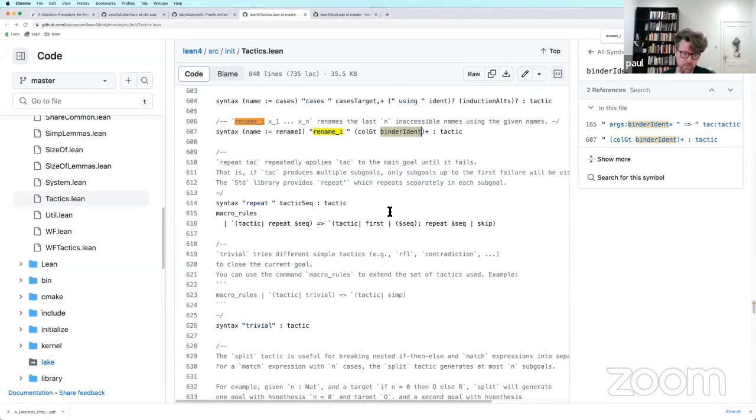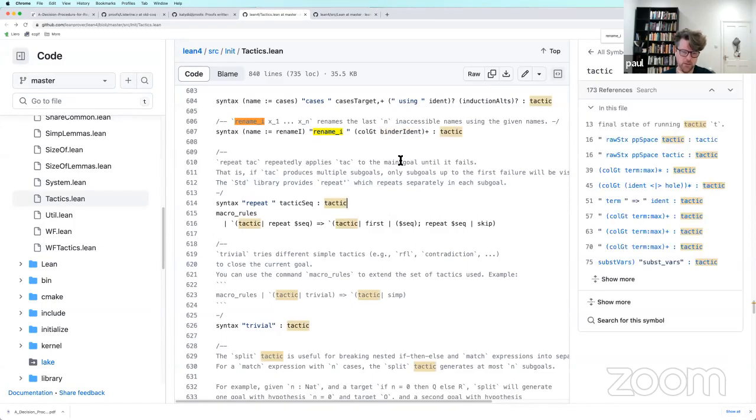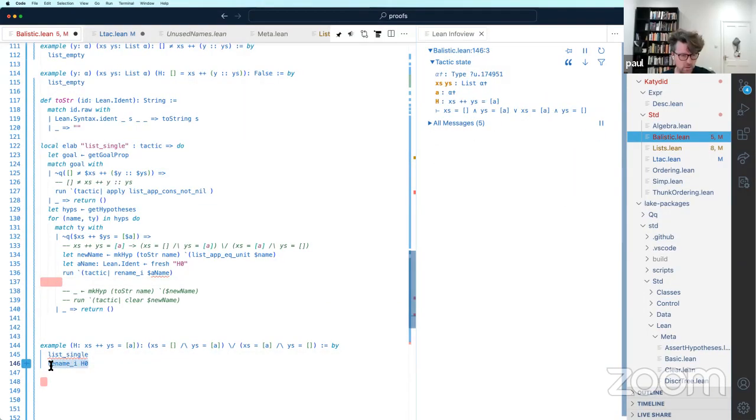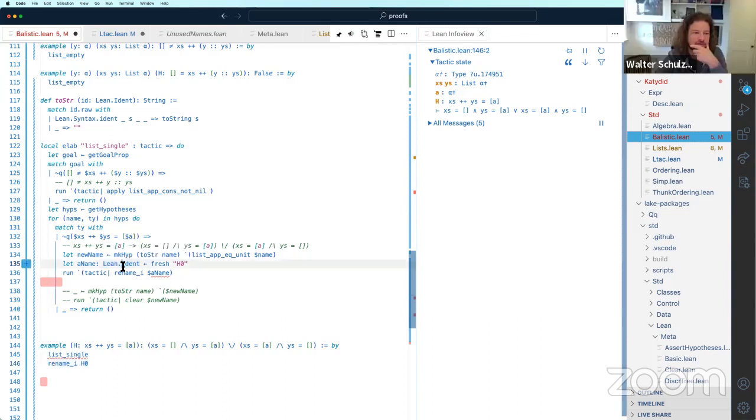So it's saying like the macro, but then how do you pass it something? So you need to pass it something that can be passed as a binder ident. Also, this is how you would use it in real life. So this is a name. Yeah, it's a lean ident.